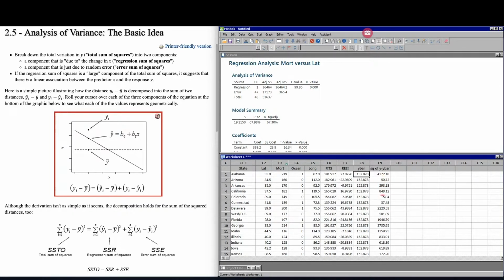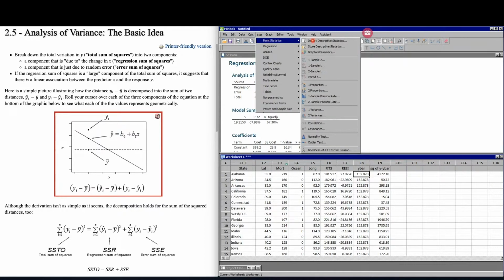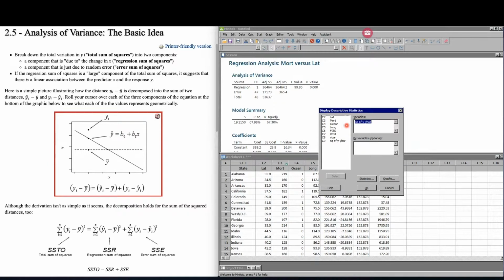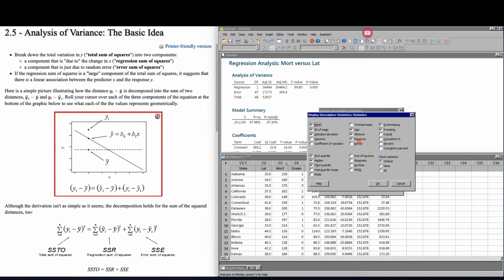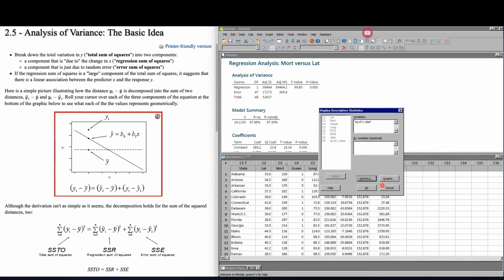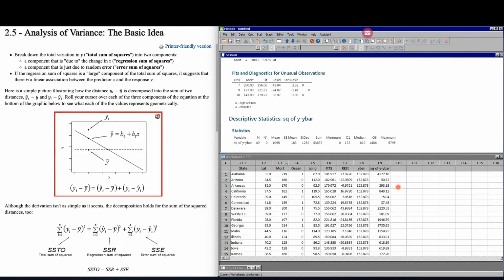Okay, so there's the variable I just created. And then if I calculate basic statistics for that new variable, making sure that sum is checked here, I'll be able to see what the sum of those squared differences is. And it comes to